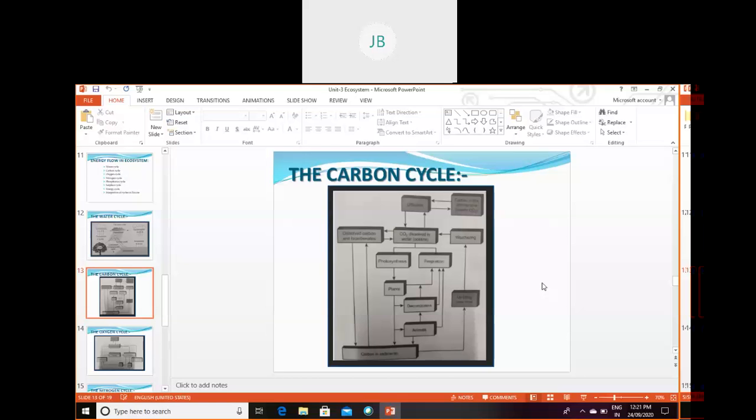They also return fixed carbon to the soil in the waste they excrete. Means human beings, we are releasing carbon into the atmosphere through waste, and even when plants and animals die, they return carbon to the soil. Again completing the carbon cycle. Okay. So, carbon cycle,